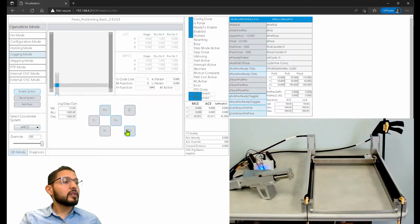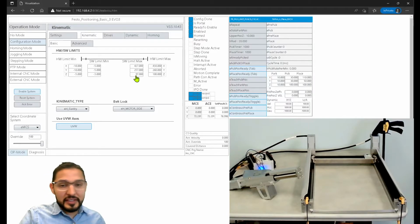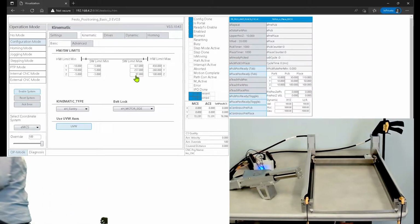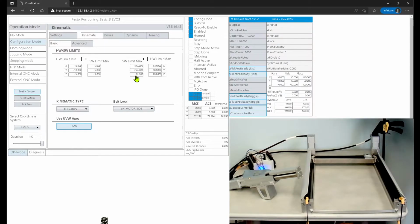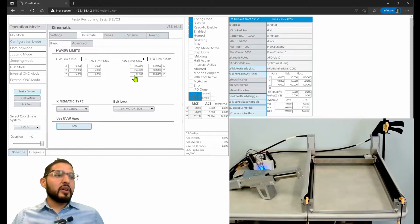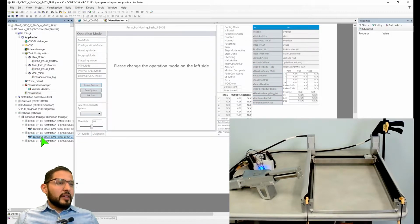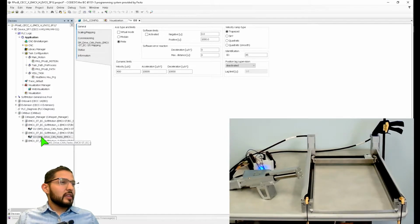Okay, it's moving. You know what? You know what's the problem? That I configured this to be 97, but in reality, I don't think this is the case. I think that this axis has a smaller stroke. No, it doesn't. Maybe I have something else wrong. I bet what I have wrong is, let me take a look at one setting here. I bet what I have wrong is probably the